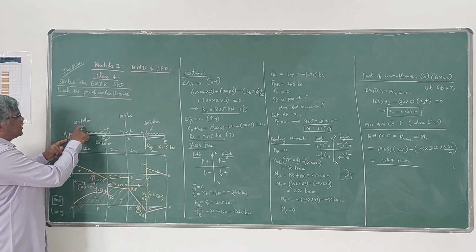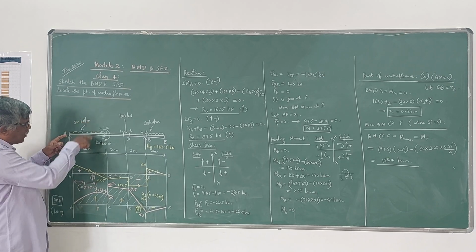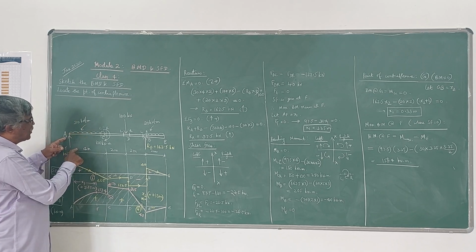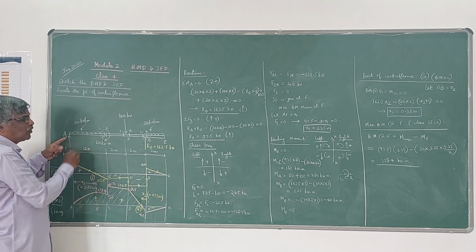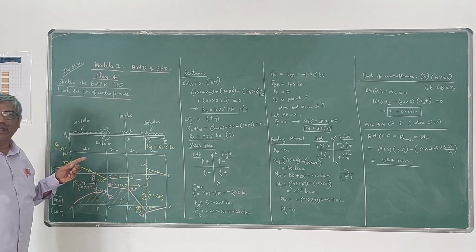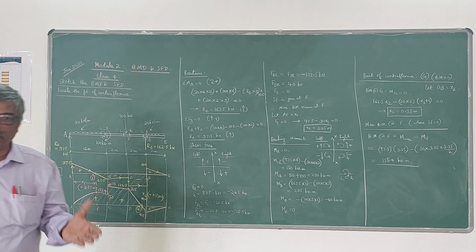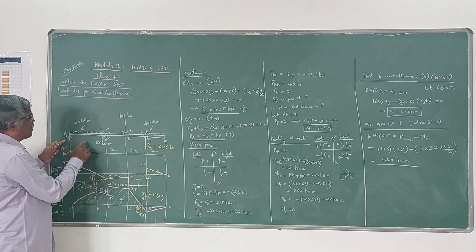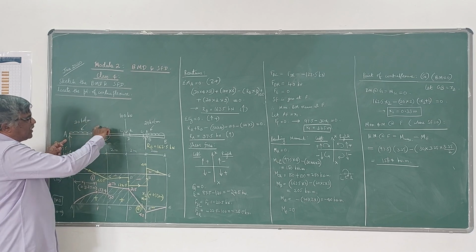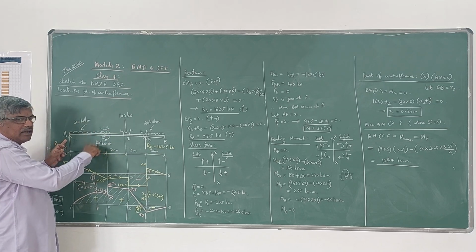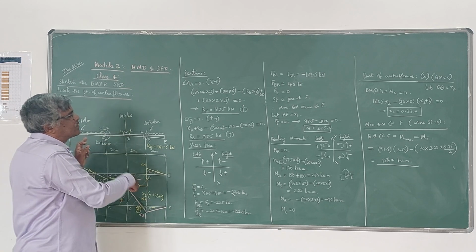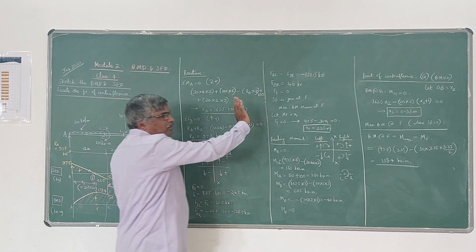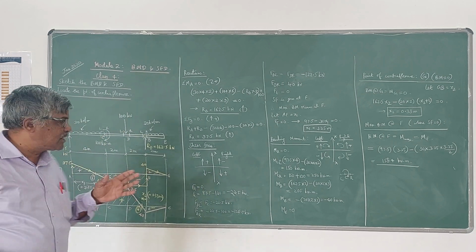Now this 30 kN per meter UDL is giving a clockwise moment. Its total load is 30 into 4 and it acts at the midpoint. As you know, it is converted to an equivalent concentrated load which acts at the midpoint. So the corresponding moment will be 30 into 4 into 2 which is clockwise. Then 100 kN-m is given, another clockwise moment. We just have to add plus 100 here. That's all. You should not multiply the moment by the distance.